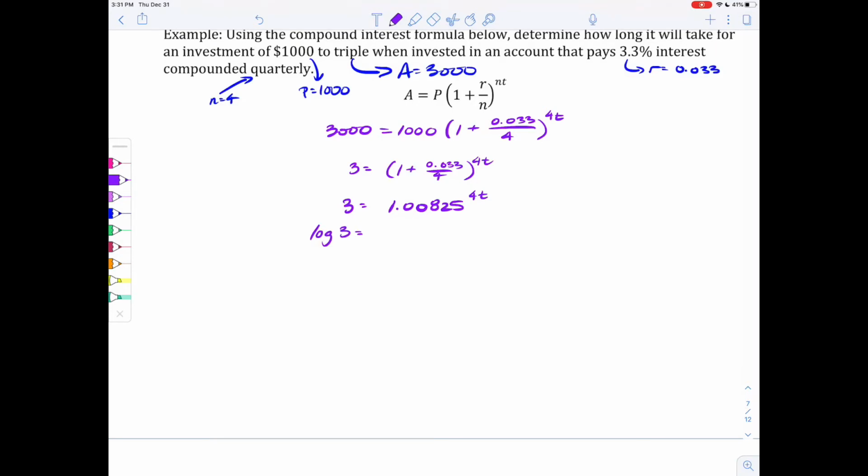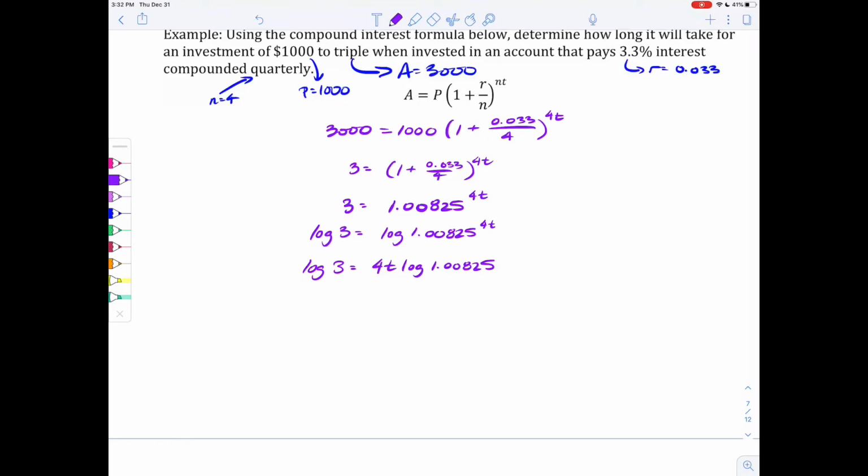So log base 10 of 3 is log base 10 of this other side. Using the power law, you can actually skip this step and just write log of 3 is equal to 4t log of